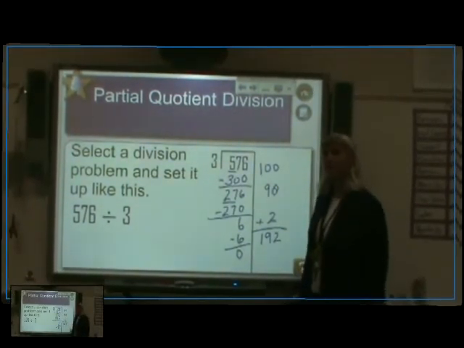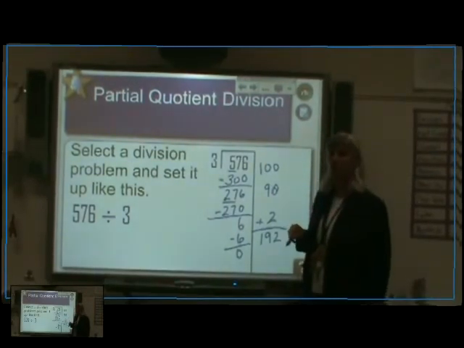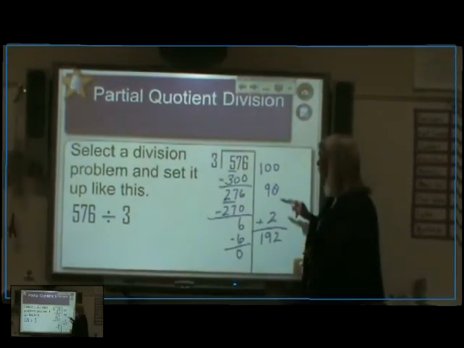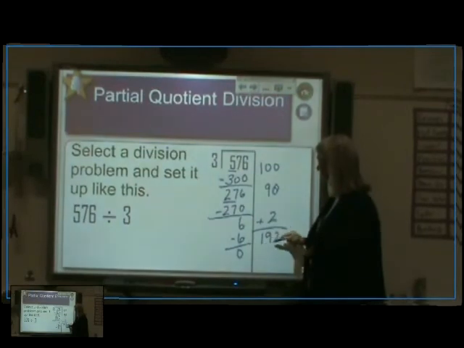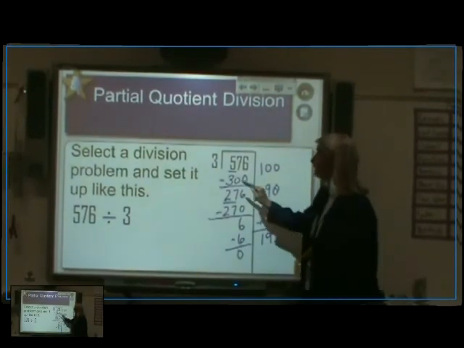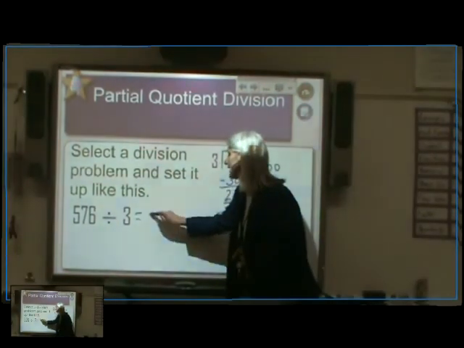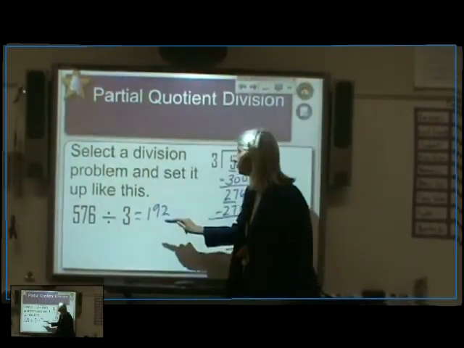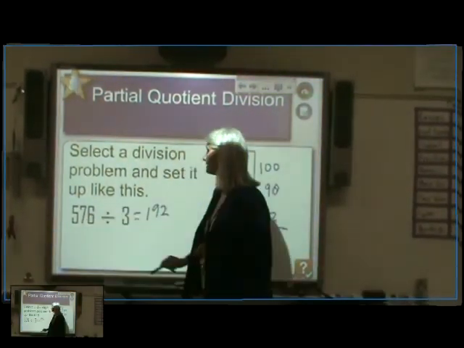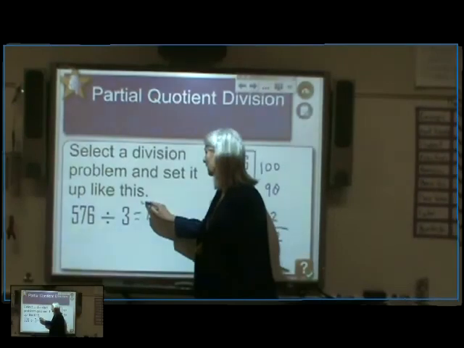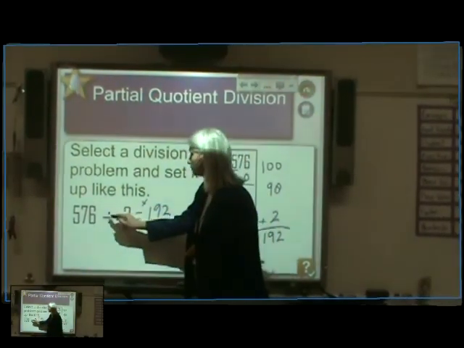Now, I'm not finished yet, because now I have to check my work. You always want to check your division work. So what I am going to do is multiply 192 times 3, and that should get me the number I started with, which is 576. So if I multiply this times my 3, I should get